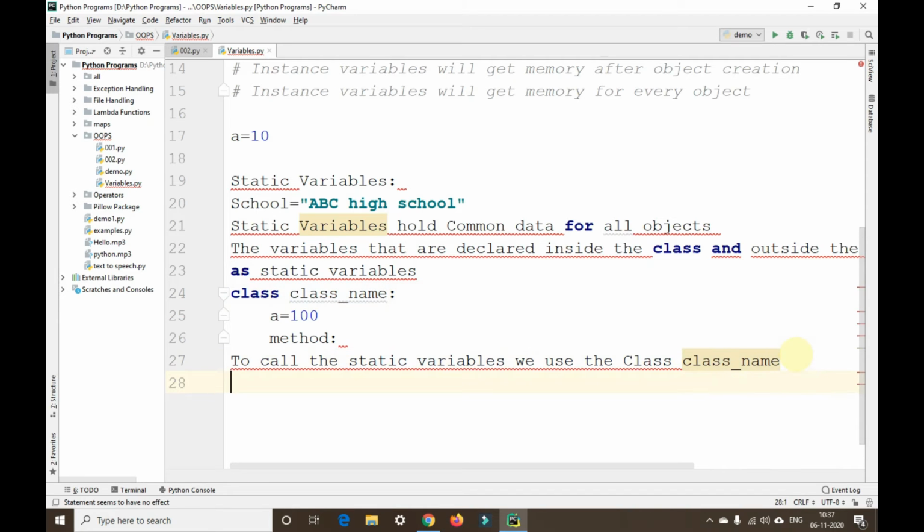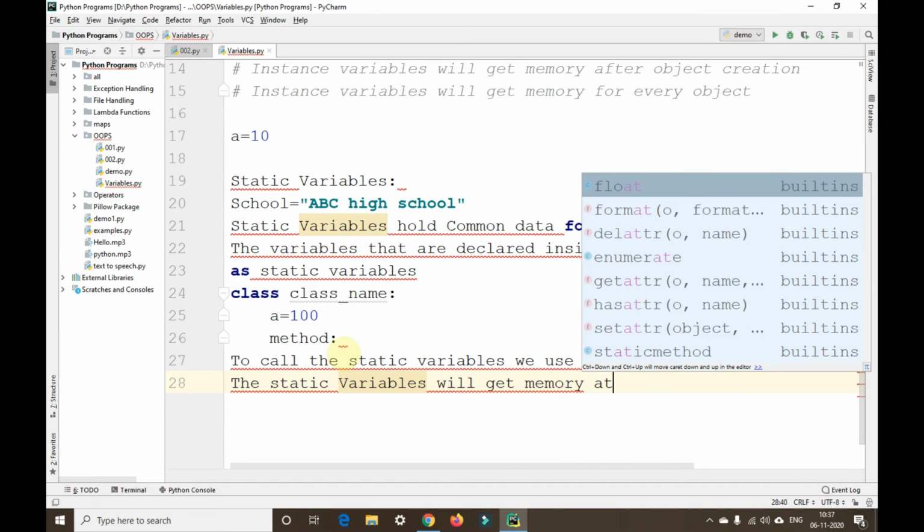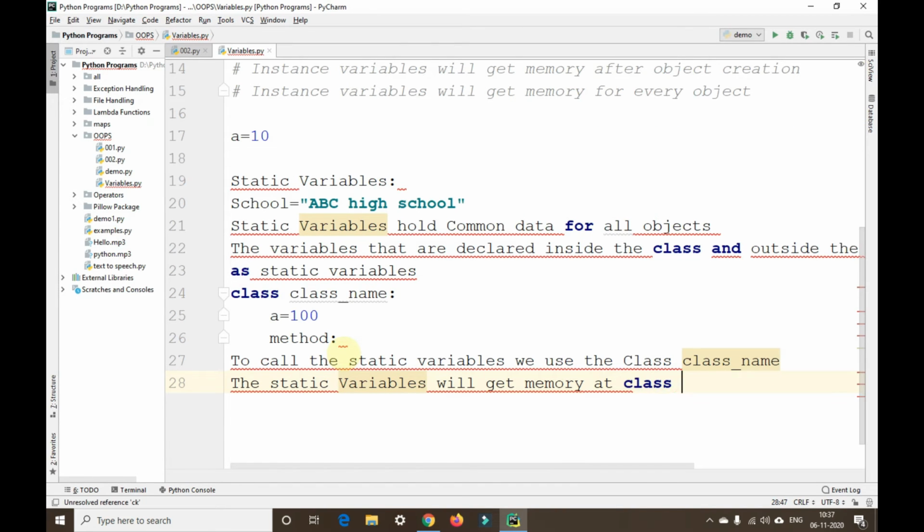Okay guys. Similarly, static variables will get memory at class loading time. Whenever the class is loading, these particular variables will get memory. Okay guys.